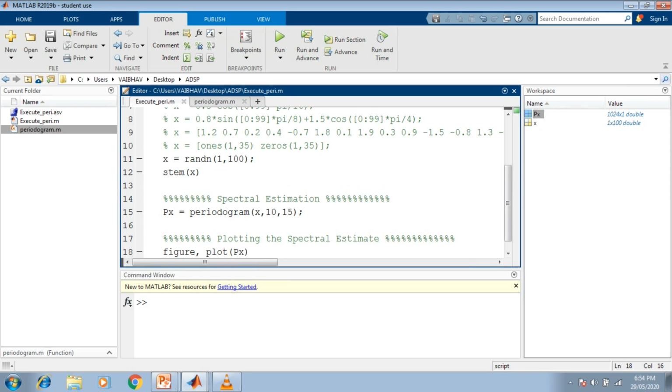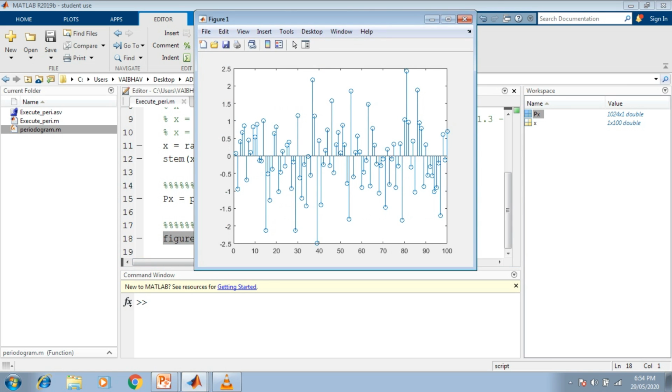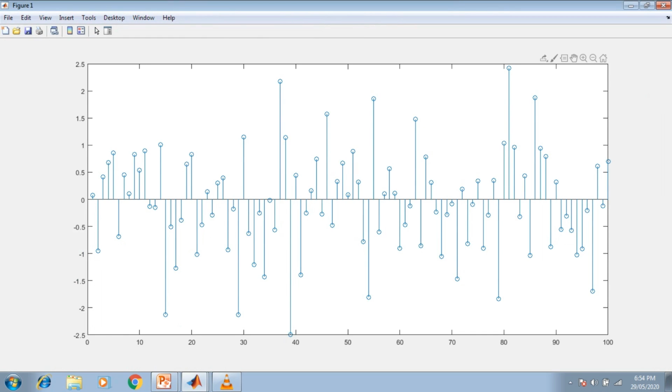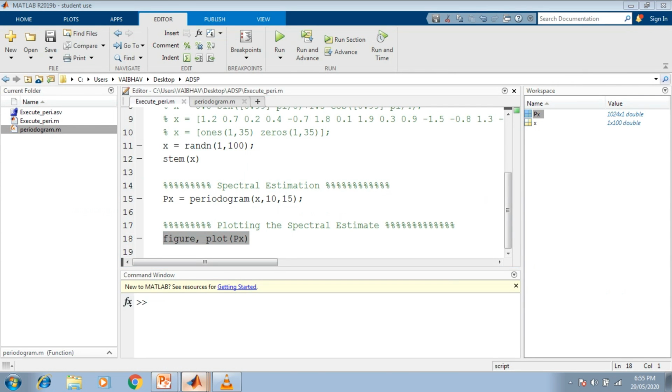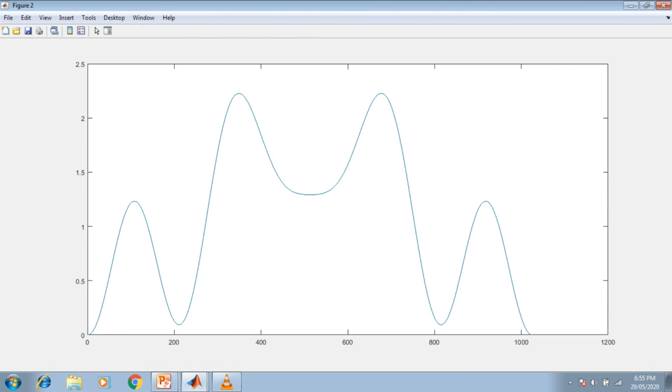And now with the help of this particular line, it has been plotted. Now this is the first figure. This is the input discrete time random process x of n, and for this discrete time random process we have obtained the power spectral estimate that has been plotted in this graph here. Now you can see the horizontal axis where we have 0 to 1200 here, and the point exactly of 1024 here. So at 1020 value we have the last amplitude 0.00,